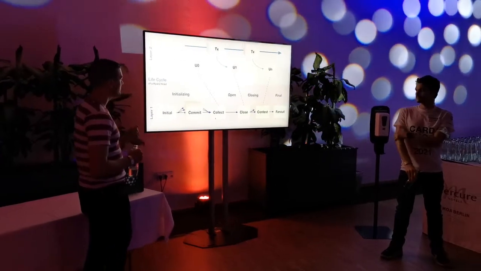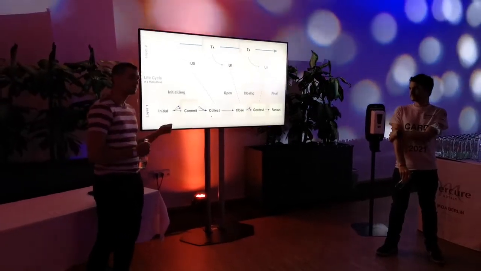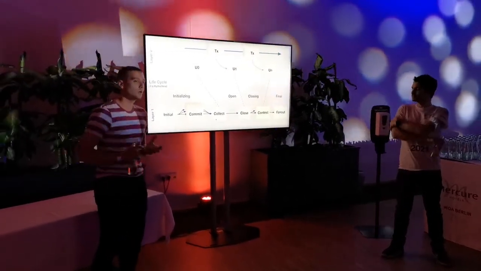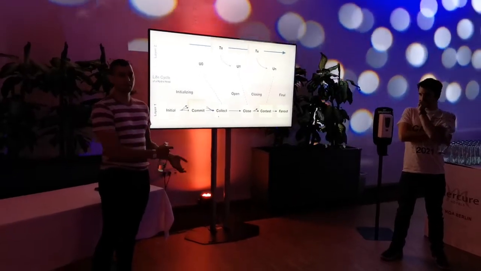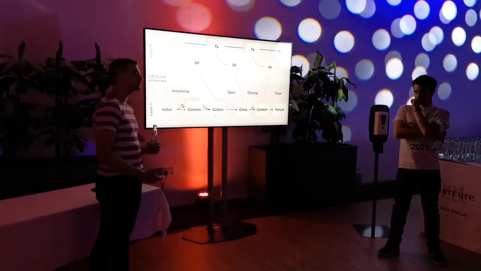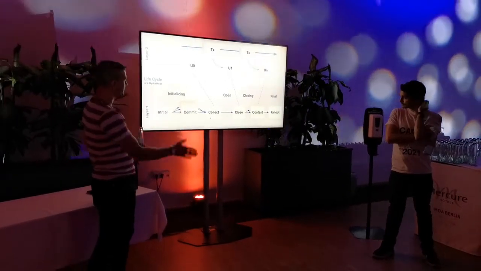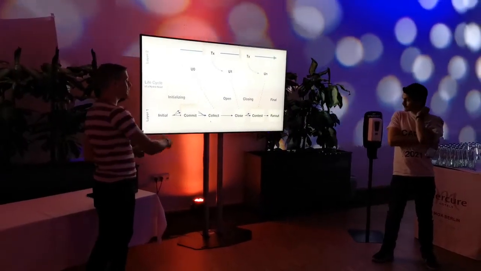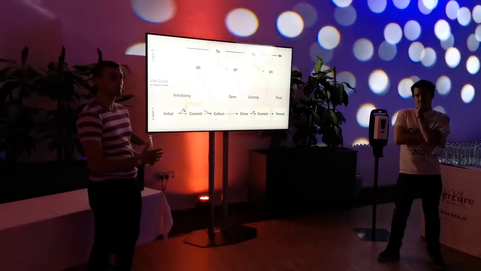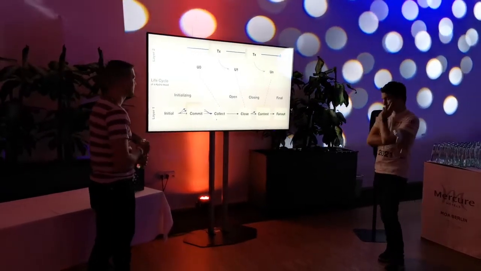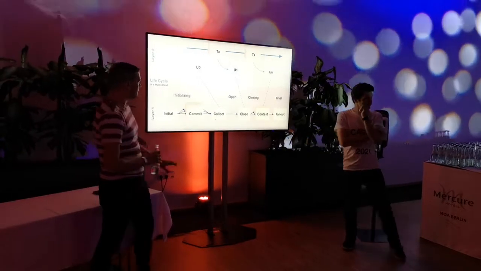Once you have got that token, you can do a commit, right? A second transaction, that is what you pledge inside the head, and what are the funds you're going to use once on the layer 2. Once every participant has committed, one participant will also collect all the funds to move the state machine into the next state. And once that has been collected,